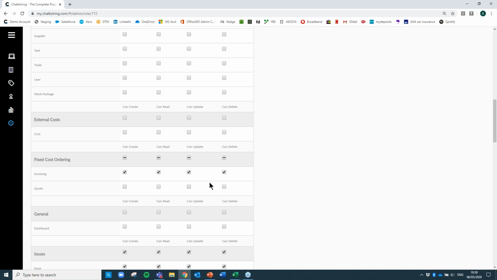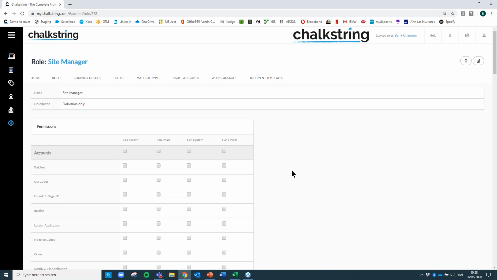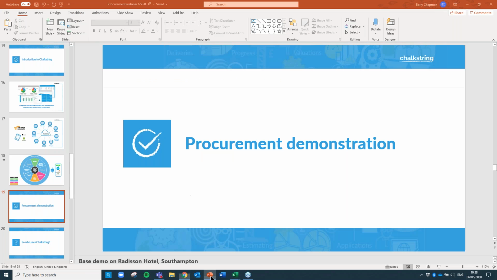And you can even lock people down to specific jobs. So your site managers could be locked down just to the job that they are running. So there's no visibility beyond that. So from a demonstration point of view, that's really all I wanted to cover today on the software. As I say, just focusing very much on procurement there. So if we go back into the presentation again,